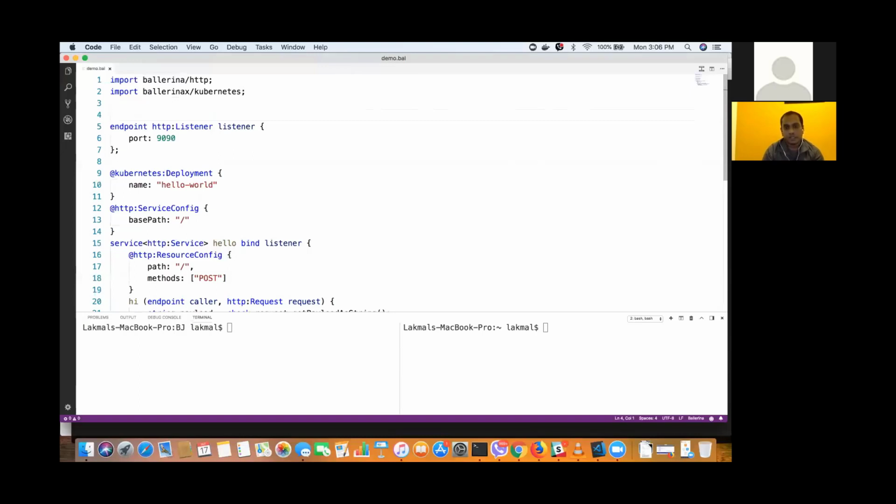Default is to look for the local Docker daemon, but you can also set a different Docker host machine. It will connect to that Docker host and build the Docker images. Okay, and let's say I usually always have my container images on Quay.io, right? So how can I tell Ballerina, hey, if you produce an image here, please put it into my Quay.io?